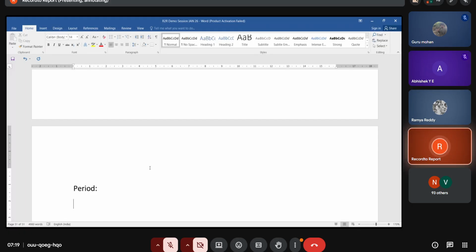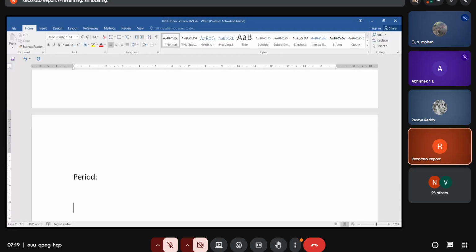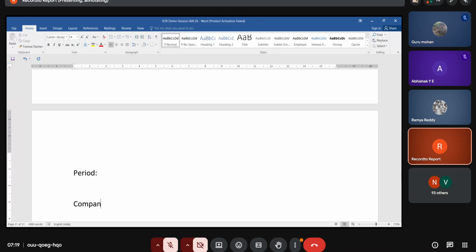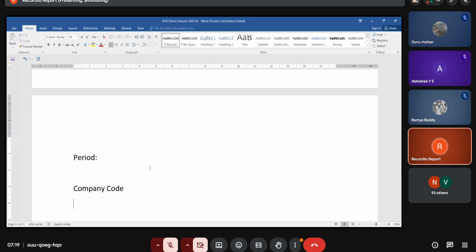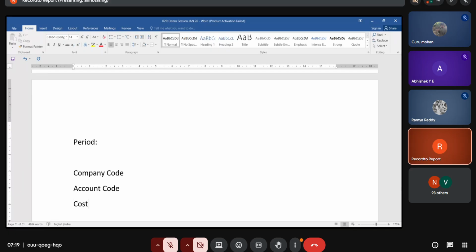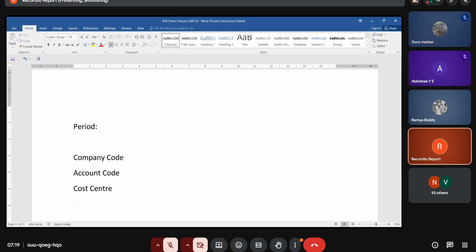See, this is about the basic parameters. If you want to process a transaction, what are the important points we need to update? So we discussed company code first, account code next, cost center next, cost center versus profit